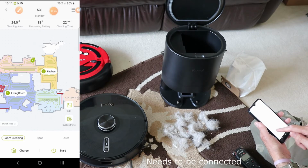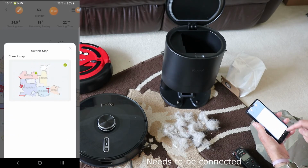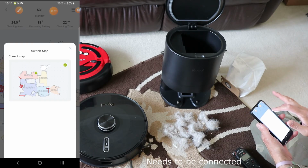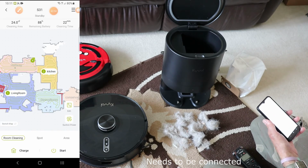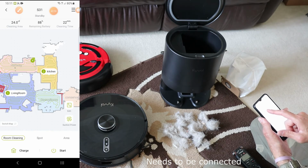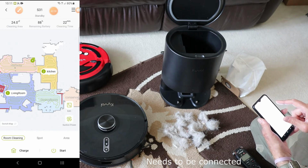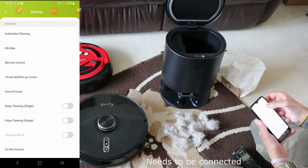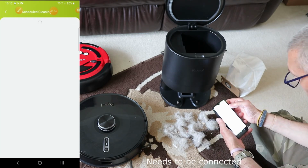We've got the suction power, you can change the maps. So I've only got the one map, but you could have upstairs and downstairs and whatever, and just keep switching between them. Then you've got the area at the top, battery remaining, clean time, and then we've got the scheduled cleaning, which is,